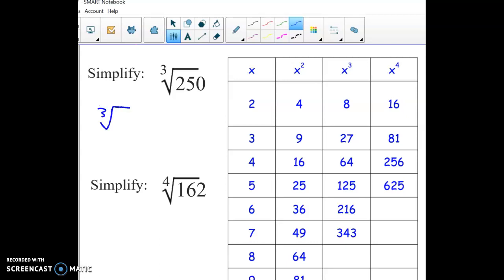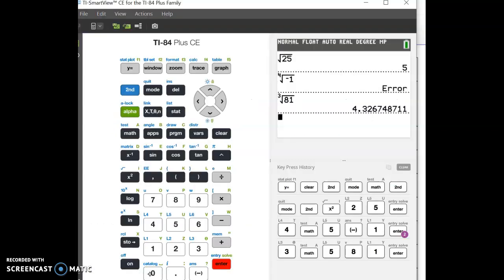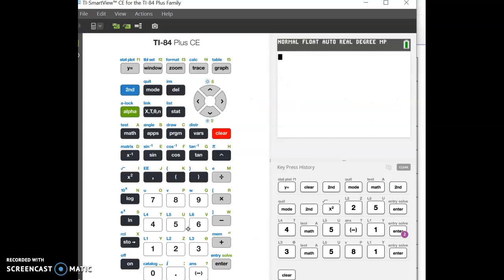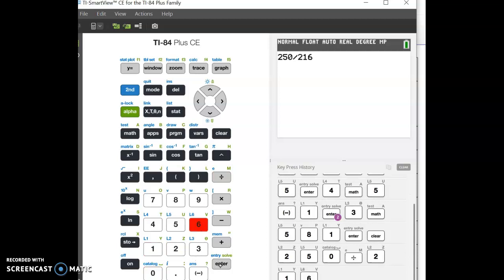All right, cube roots. So I'm going to make it into 2 cube roots. And for the cube numbers, I'm going to start with 216, which is the first one that could work, but it doesn't. I can show you really explicitly if you want. What I'm doing is 250 divided by 216, right? I can kind of tell mentally, but if you can't,